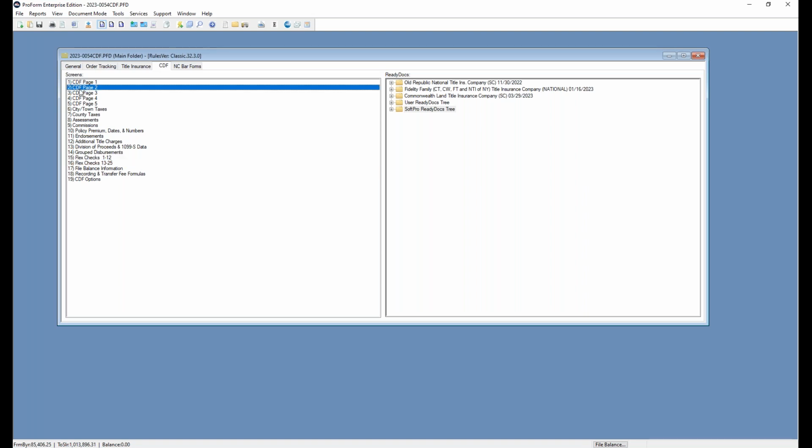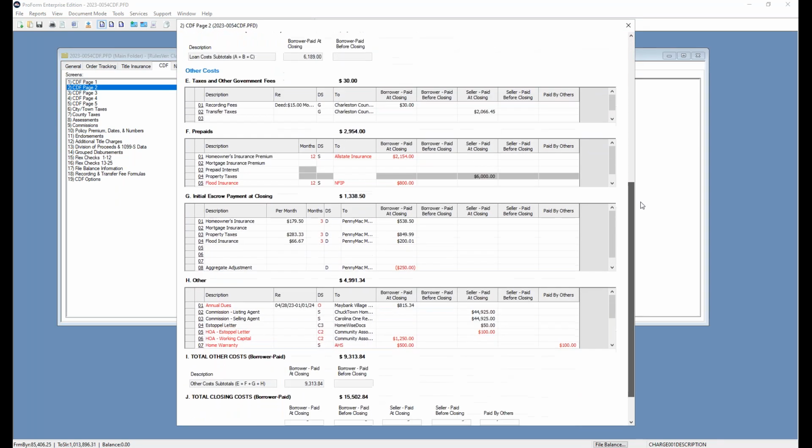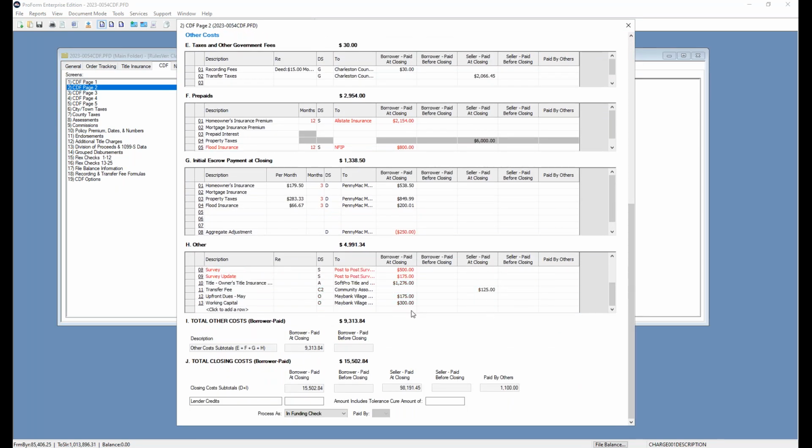If I navigate to CDF page 2 and I go to the bottom into section H, notice here I have 2 different charges for a survey. I have a charge for the actual survey that is payable to post surveying, as well as an update they had to do that is also an additional charge to post surveying. As it stands now, I'm creating 2 separate disbursement checks for those amounts. I need to send 1 lump check to them for the full